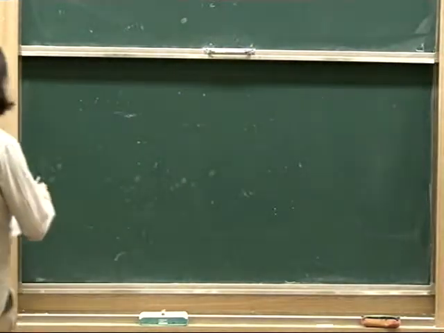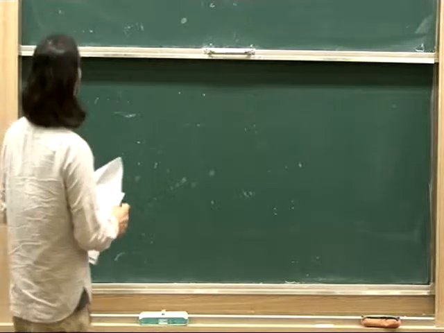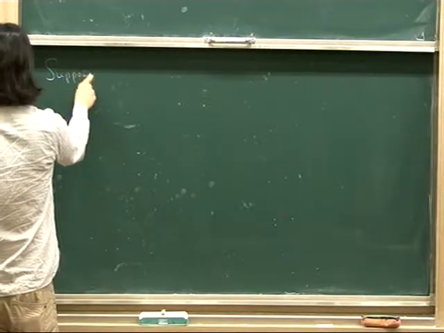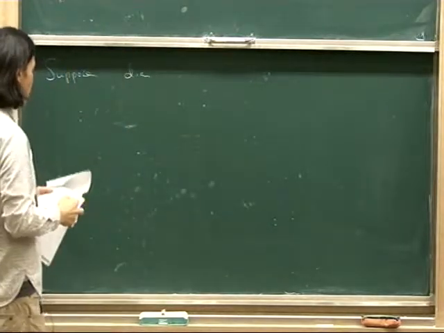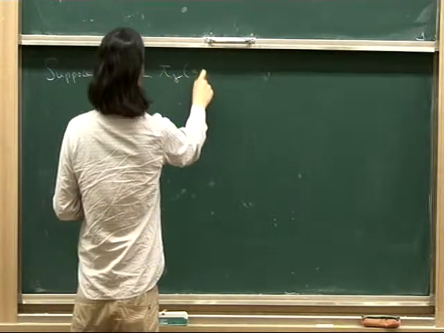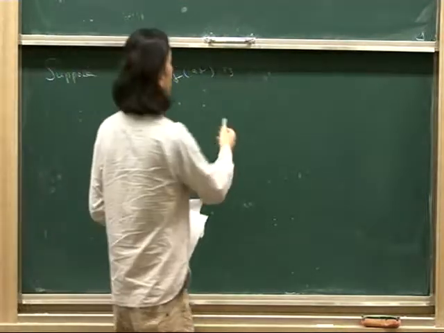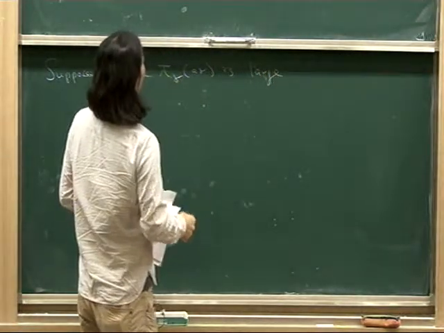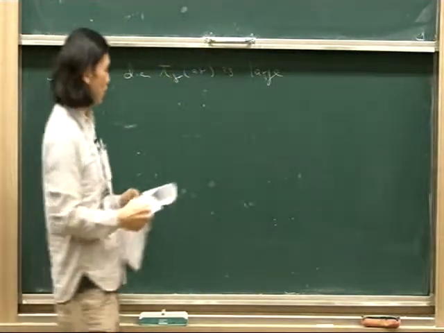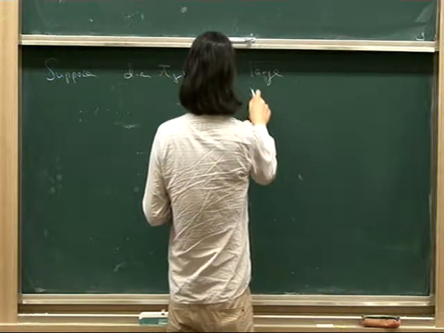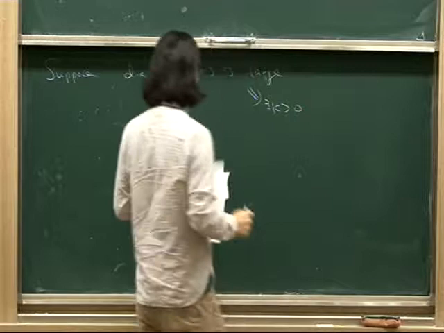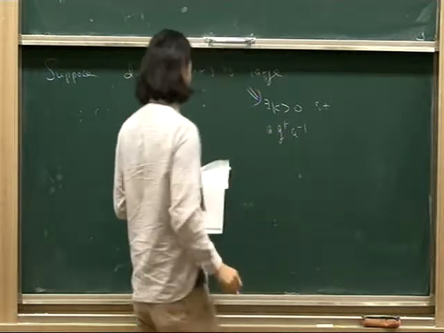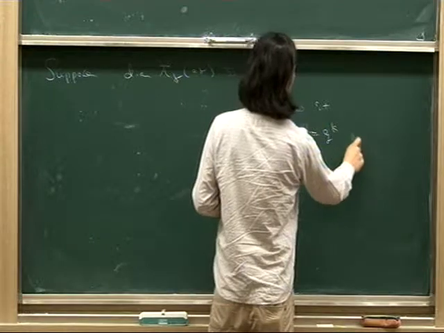And let me review the argument. So suppose the projection is very large, which I decide later. And I would like to say that A gamma is parallel to gamma. But in the argument, what I have shown is that, in fact, there exists a positive integer k such that g^k or g^{-k}